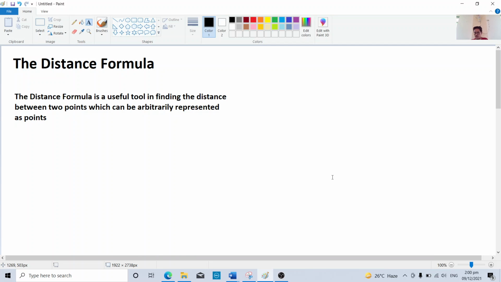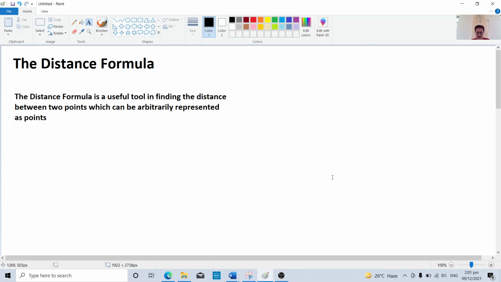Our topic for today is all about the distance formula. The distance formula is a useful tool in finding the distance between 2 points, which can be arbitrarily represented as points. Now again, to get the distance,